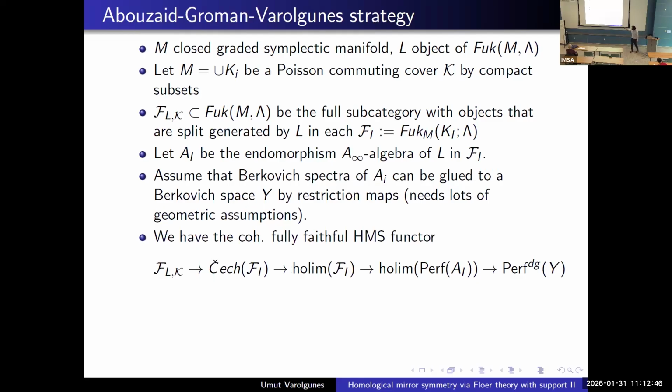Okay, so here's the diagram that I tried to introduce in my previous lecture. But because this lecture was going to be painful, I gave that entire lecture so that I could introduce this diagram without the pain. So the diagram goes like this. I have this subcategory of Lagrangians that are locally generated. Then those map into the Čech